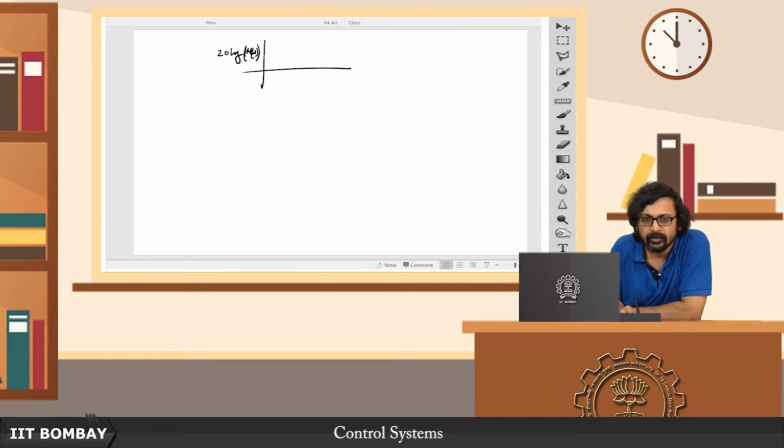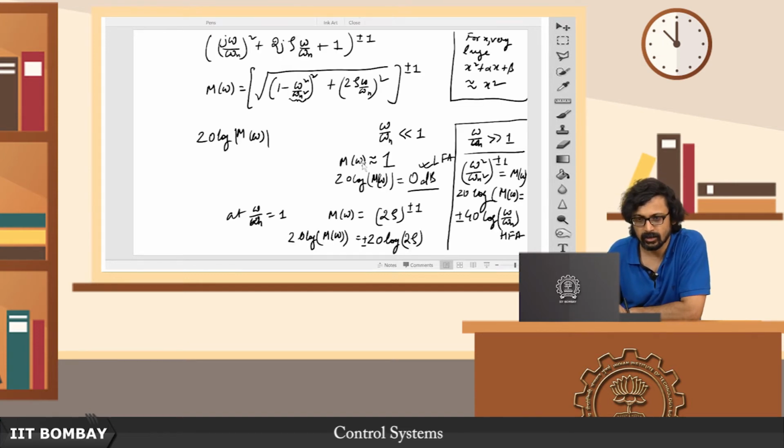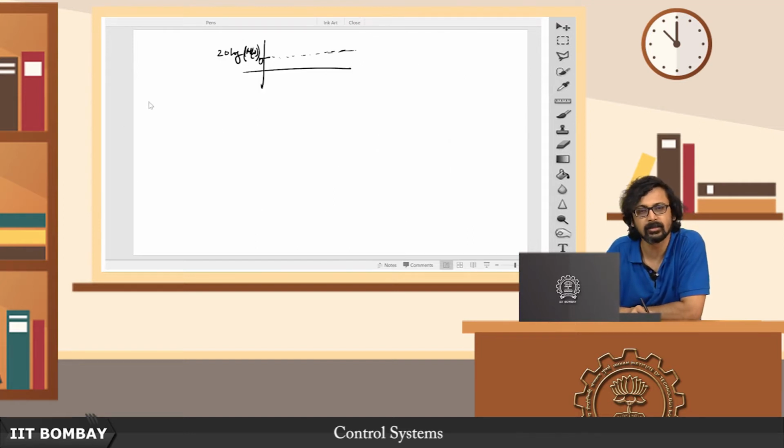If this is the 0 dB constant line here, then it would seem like there is no difference between the Bode plot of the system with complex poles and zeros, and that of the system that we have seen for the first order poles and zeros, except for the fact that